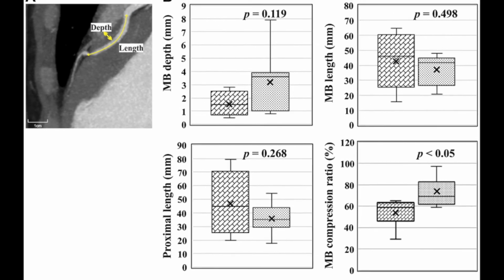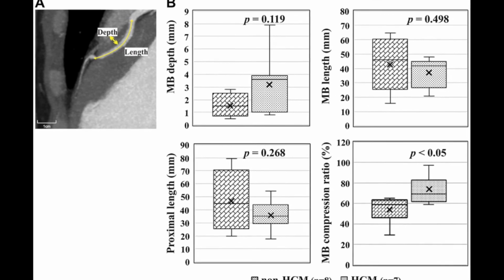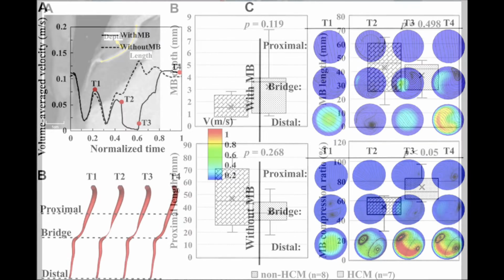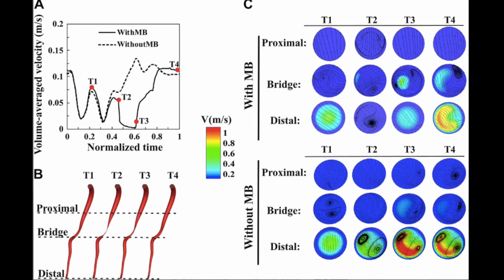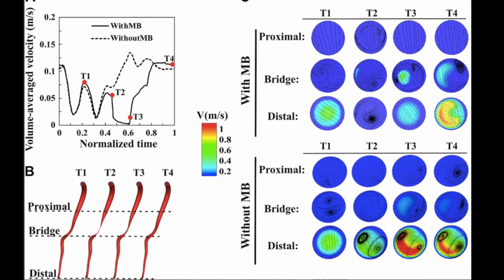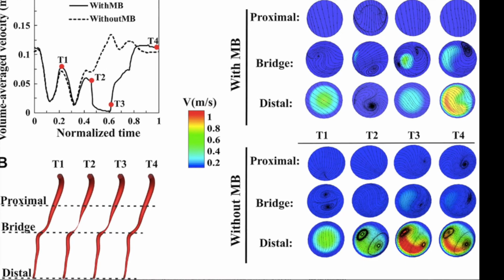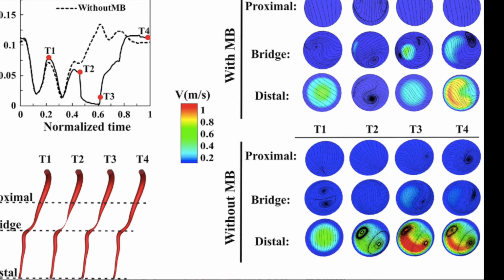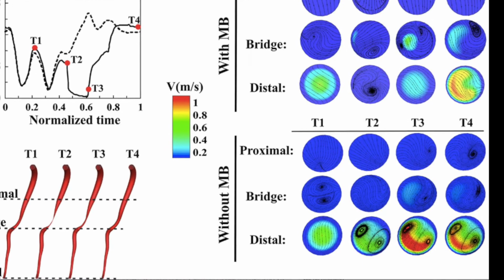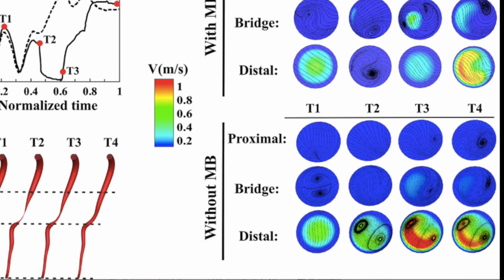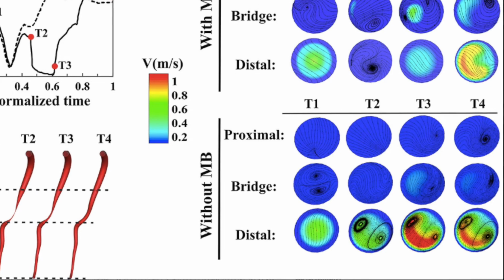The results demonstrate that dynamic compression of myocardial bridging led to diastolic flow disturbances and could significantly reduce the coronary flow in hypertrophic cardiomyopathy patients. The flow rate change is strongly correlated with both upstream Reynolds number and myocardial bridging compression ratio, while the myocardial bridging length has less impact on coronary flow.